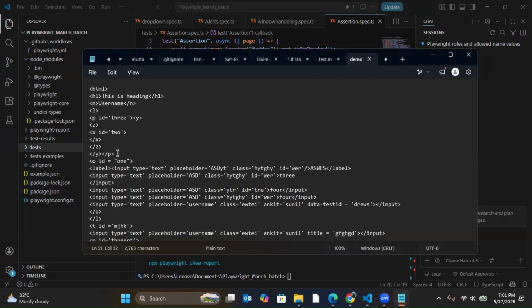So let's discuss what is a frame. A frame is a secured block inside the HTML page. That means it is present inside the HTML page, but it is kind of secured. In window handling, there are separate windows that open, so I have to handle them using a different page. But here it is present in the same page, still you cannot access it using the page